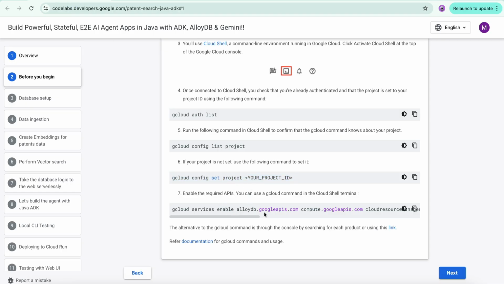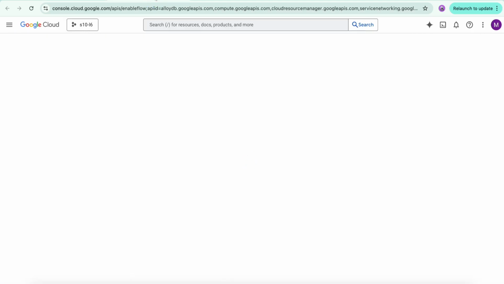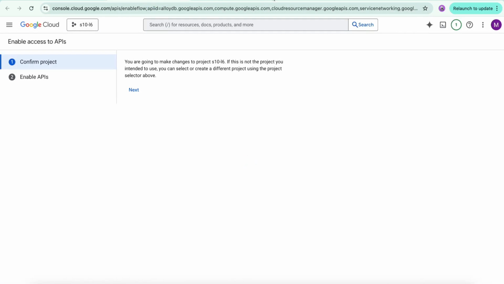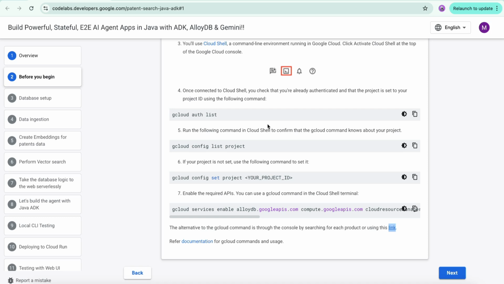The next thing that we can do is enable these APIs. We can just copy this command or also use this link. Let's just use this link. Make sure you're in the same project that you just set in your Cloud Shell. Click on next. It says you're about to enable the following APIs. Once you click on enable, give it some time. It will start enabling all the APIs. The process will start, and once we are done, we can proceed. Once this button is grayed out, that means that you have successfully enabled all the APIs, and we can proceed